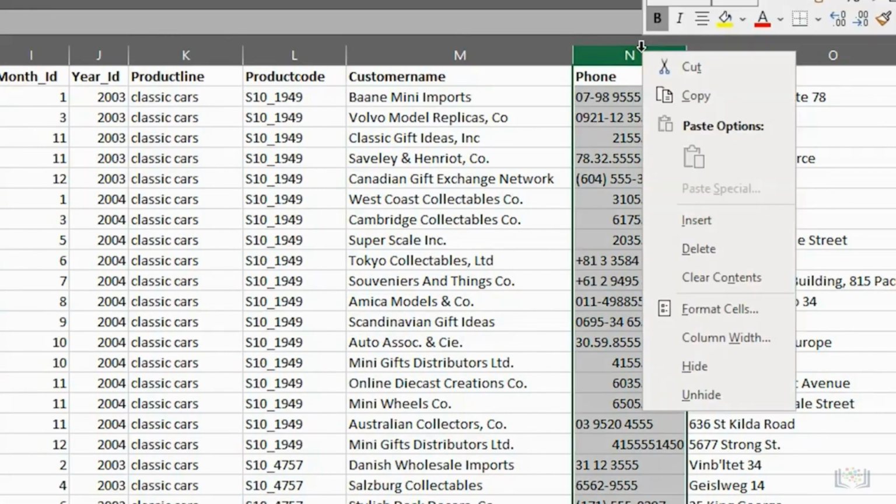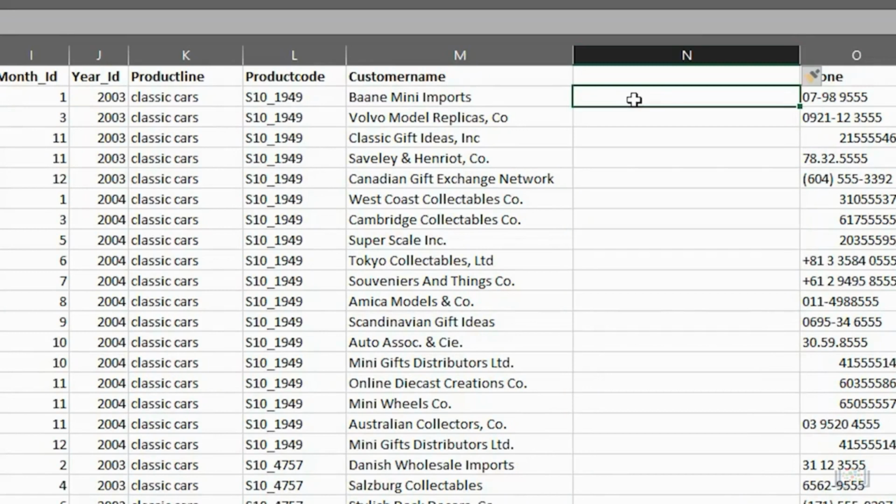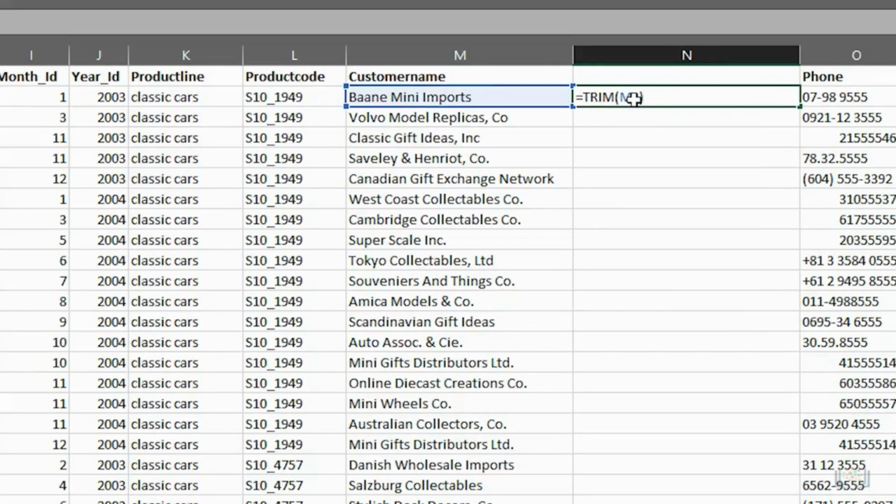But there is another tool you can use to clear spaces from cells, and that's the Trim function. To use the Trim function, you once again insert a helper column. The Trim function is simple to use. Just type equals, then trim, then open parenthesis, then the cell reference, in this case, M2, then close parenthesis, and press enter. You can then double-click the fill handle symbol to copy this formula down to the remainder of the